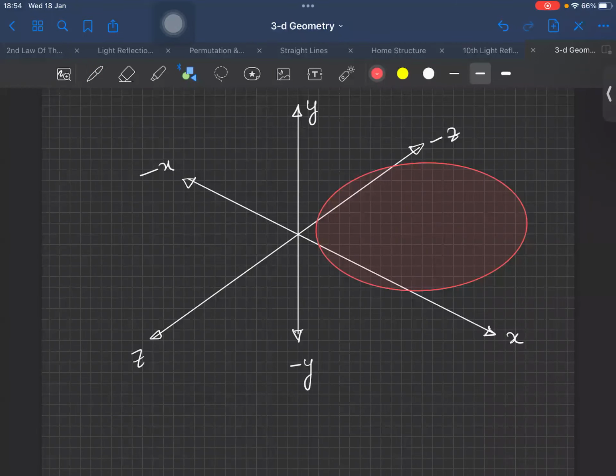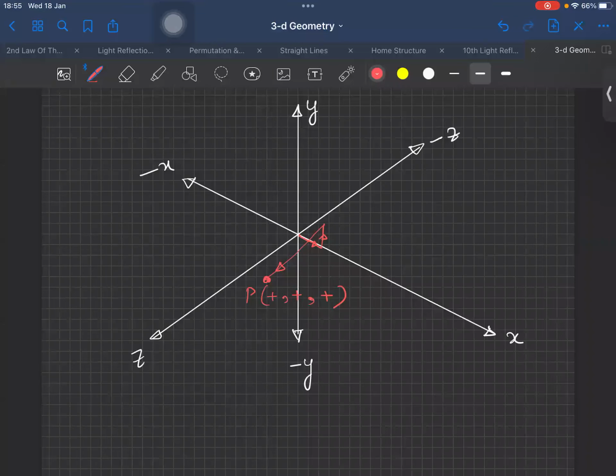Now if you have any point in this octant, suppose some point is here. Which travels positive x, positive y, and some positive z. Then we reach here, right? So this point P can be represented by positive, positive, positive. First we are writing X, then Y in the middle, and then Z. So in first octant, X, Y, Z all are positive.